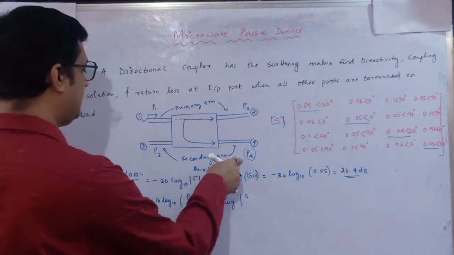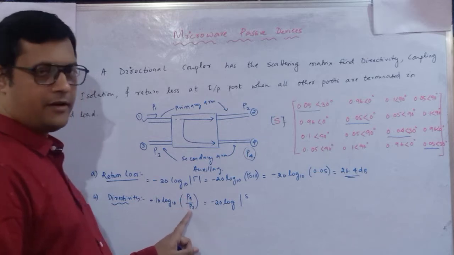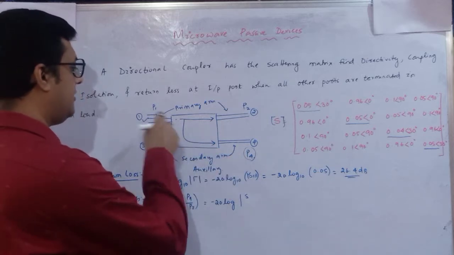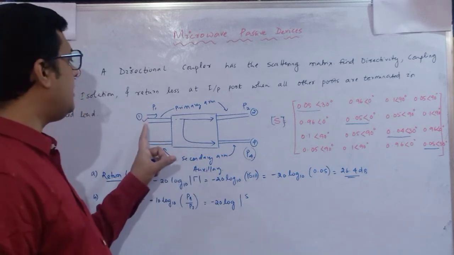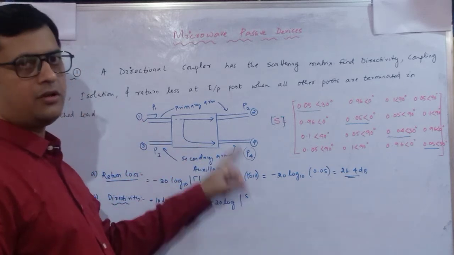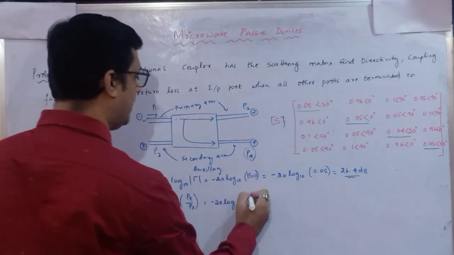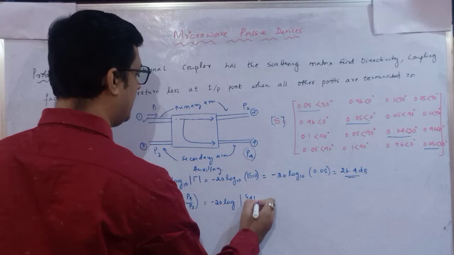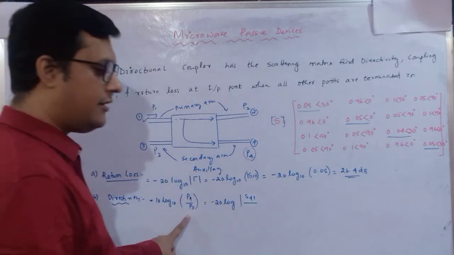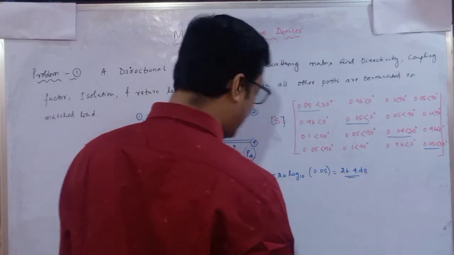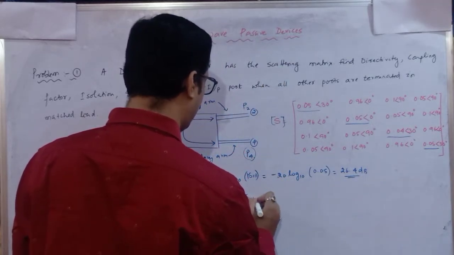So here we have to see the power at port 4 and power at port 3. How is it related with respect to port 1? That parameter we have to insert, because the power available at port 4 is due to port 1. So the power available at port 4 due to port 1 is S41, divided by the power available at port 3, so it will be S13. Okay, so it is S13 and this is S14.